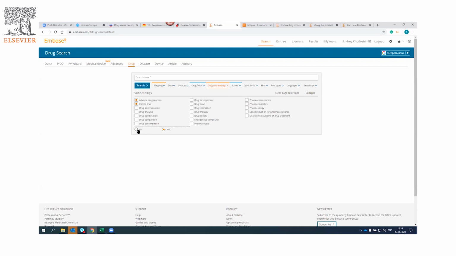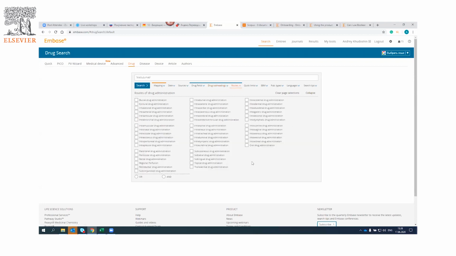If you would like to get drug combination or drug comparison, you can select another subheading and choose the operator OR or AND. Another very interesting thing is routes, because in Embase there are